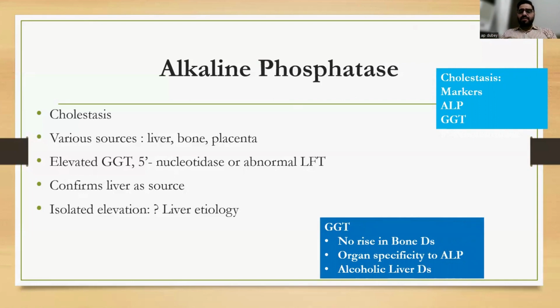Few things we should remember about GGT: it rises in all pancreatobiliary conditions where alkaline phosphatase is rising, but because it is not present or raised in bone disorders, in contrast to alkaline phosphatase, it gives organ specificity to alkaline phosphatase. That means whenever alkaline phosphatase is increased along with GGT, it helps us to know that the source of alkaline phosphatase is liver. And apart from this, GGT is raised out of proportion in alcoholic liver disease, around 8 to 10 times the